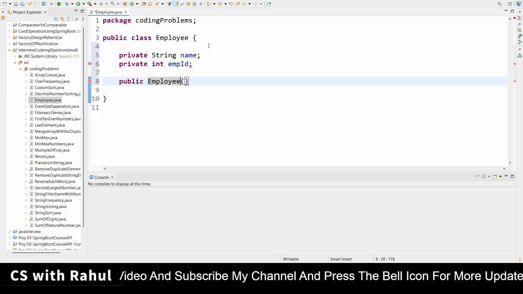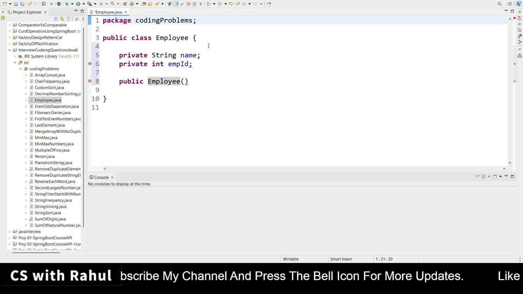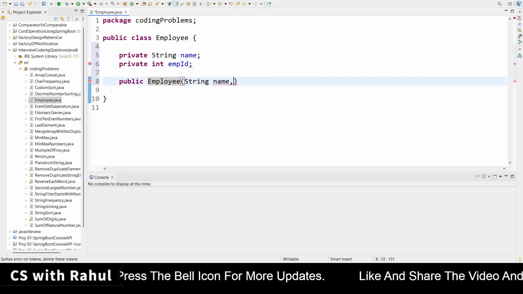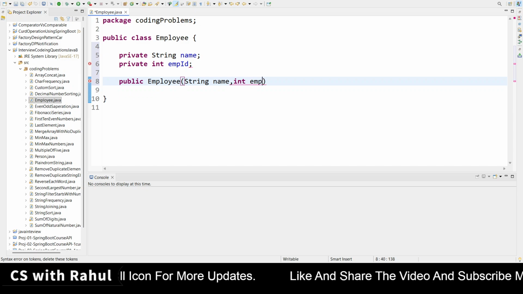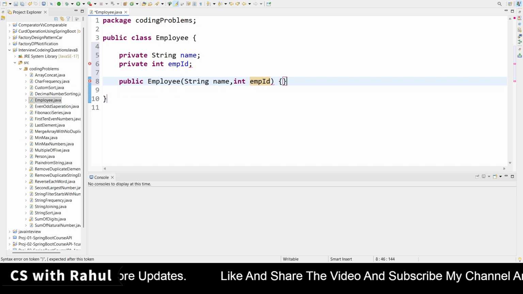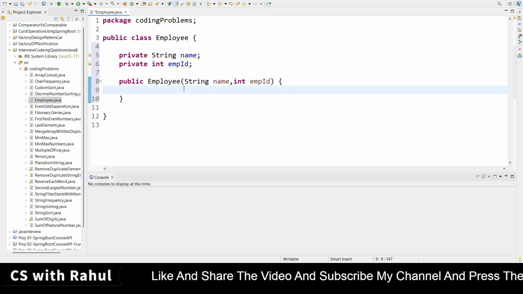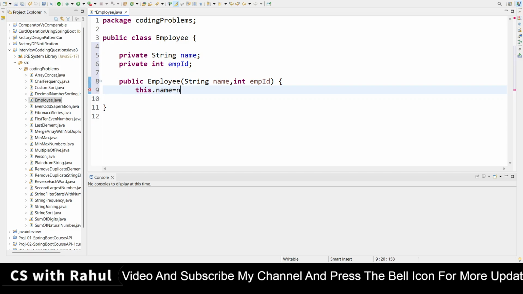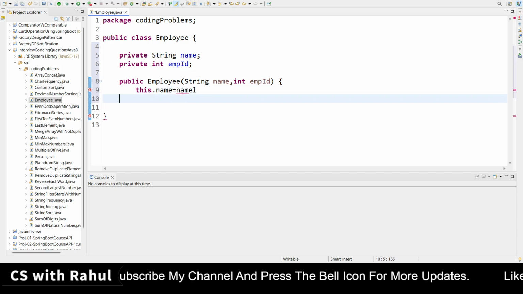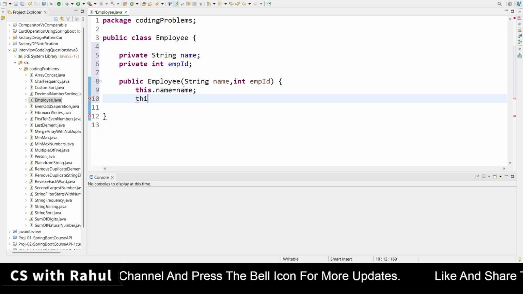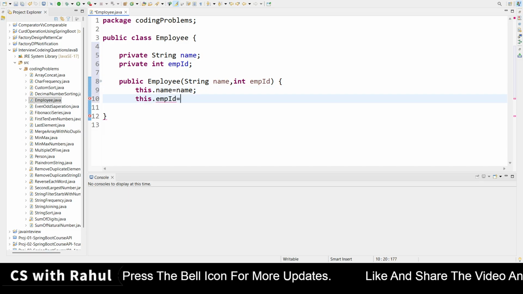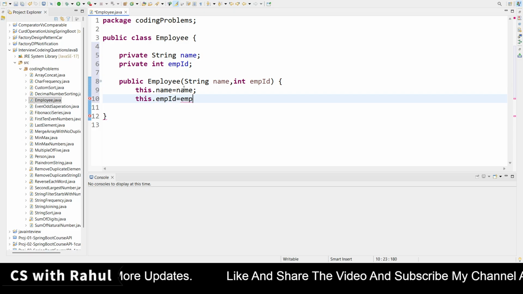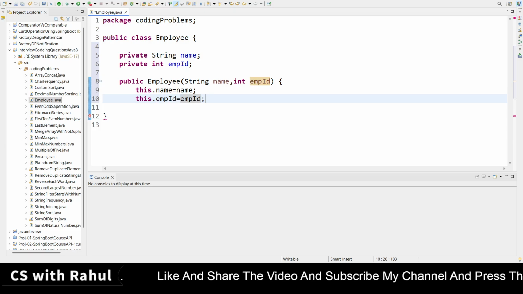So public Employee, I am creating the parameterized constructor, String name and Integer emp id, and here I assign this.name equal to name, and this.empId equal to empId. So our constructor is completed.